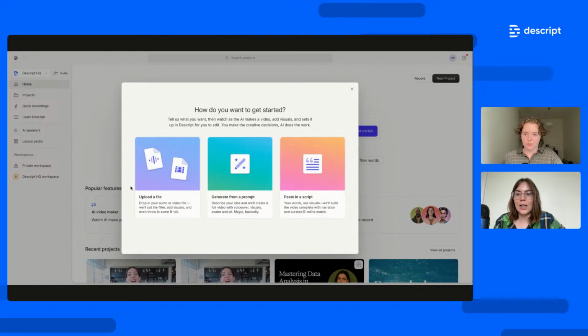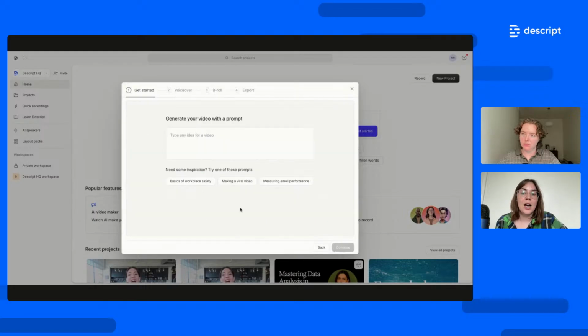I'm going to click in here, and what I can do is upload a file. So if I have an audio or video file, I can generate from a prompt, so create a video just from a prompt, or paste in a script. If I have a really clear idea of what I want my video to say and the data and learning points that I want to get across, pasting in a script is a really good way to go. Today, I'm just going to generate from a prompt. So that means that